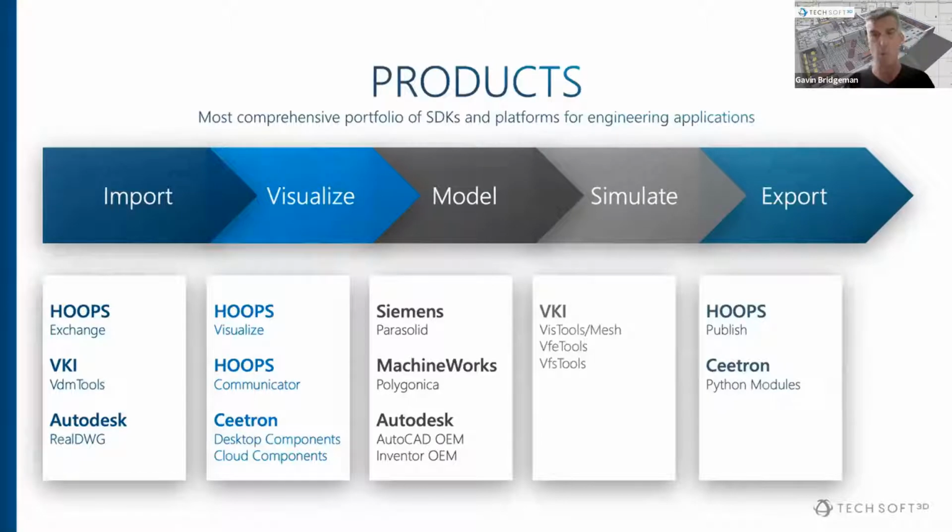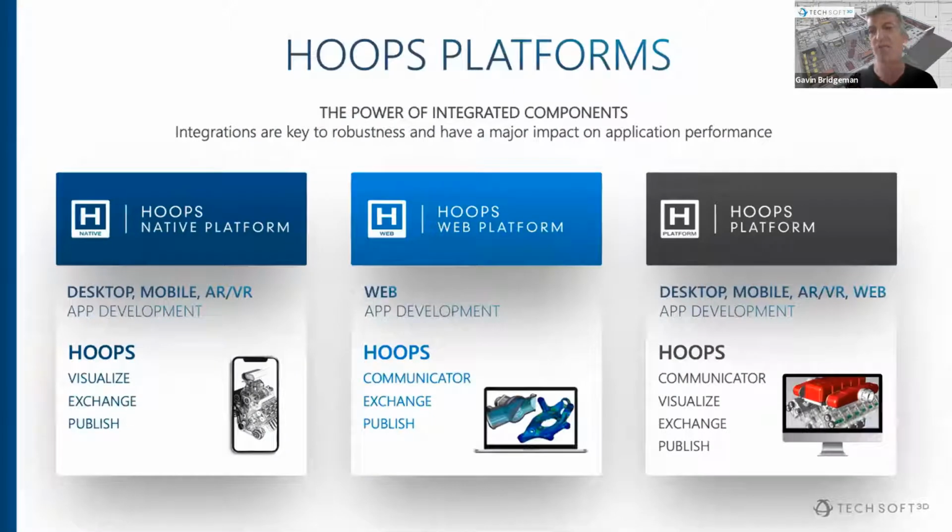What's really important for us as we think of this workflow is that a lot of the difficult problems to solve are connecting these things together. So for example, if you want to load in a Revit file as quickly as Revit can do that, our file readers and our visualization toolkits need to be connected together. And as you can imagine, when it comes to engineering software, just the 3D model on its own isn't enough. We often need the model tree to be connected to these things.